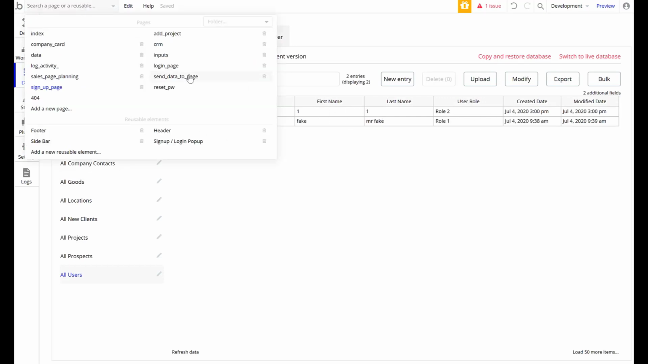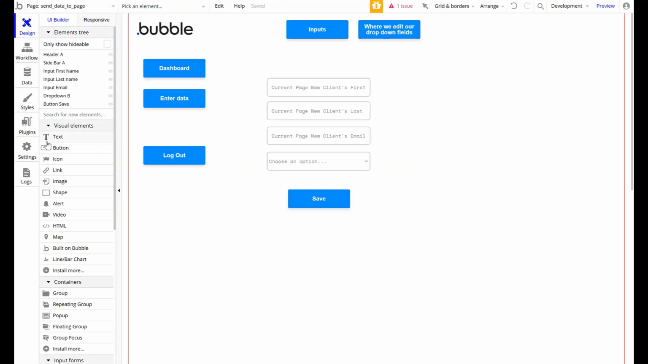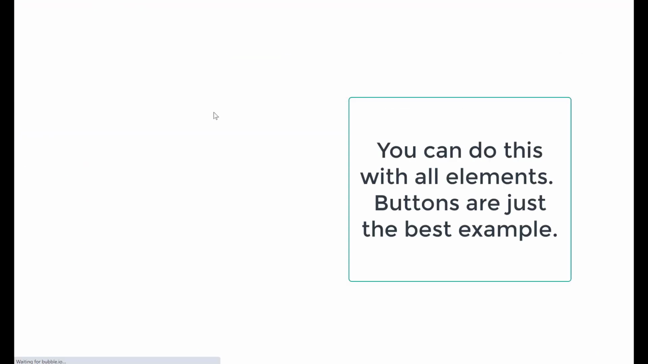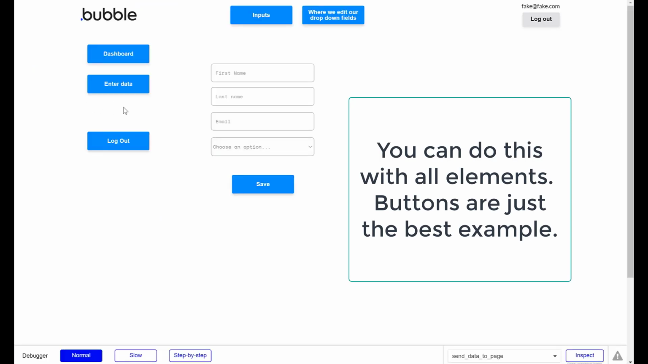I'm going to go to my send data to page. Then I'll go into my data and run as my user in role 2. And it doesn't show up. I click here, nothing happens. That is a really quick example of how that works. You can use that for a lot of different parts inside of your